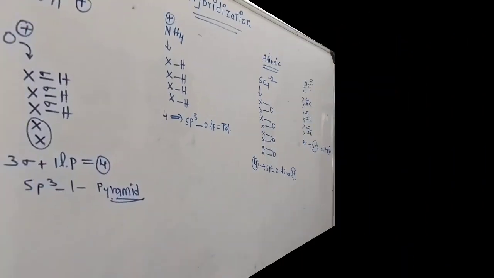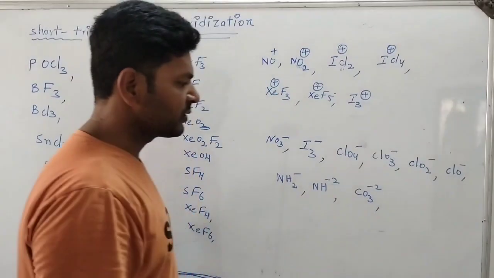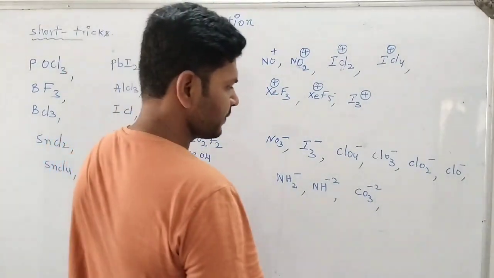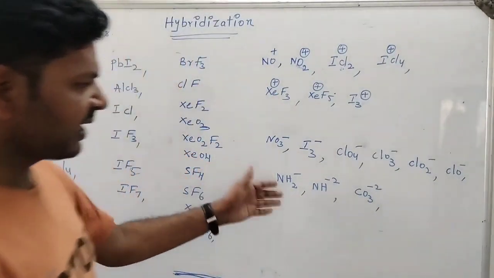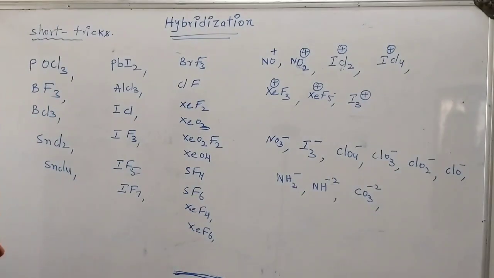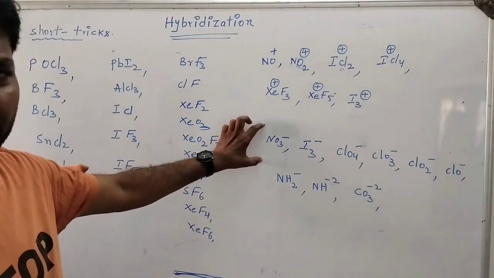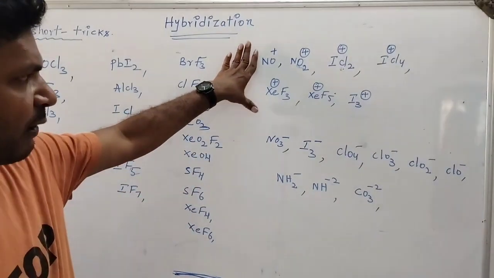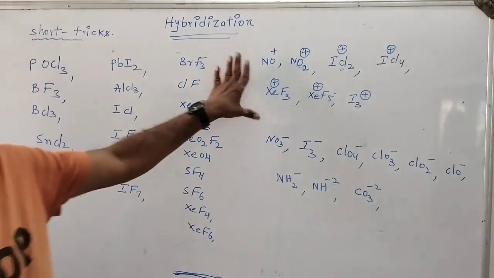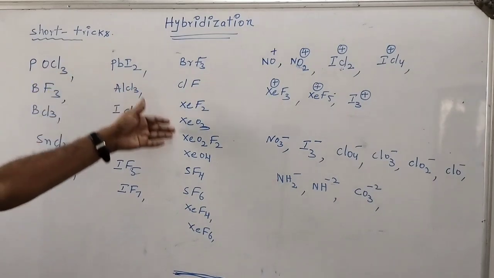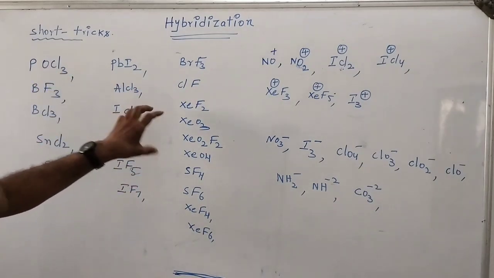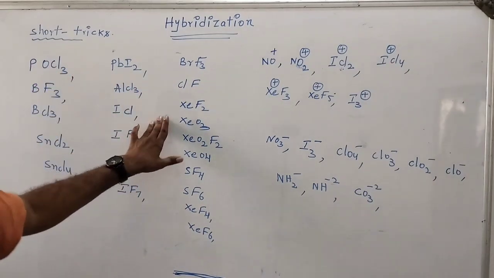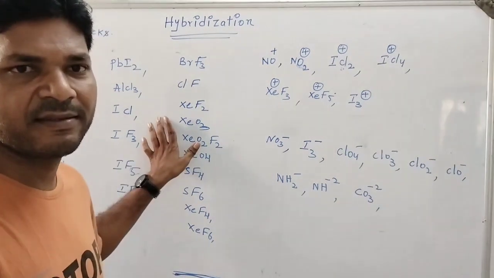So I'll just give you some examples. CO3 2 minus. Okay, so these are some examples to find the hybridization along with the exact geometry for anionic species, cationic species, and also for neutral molecules. You can work them out. If you have any doubt, just mention it in a message.